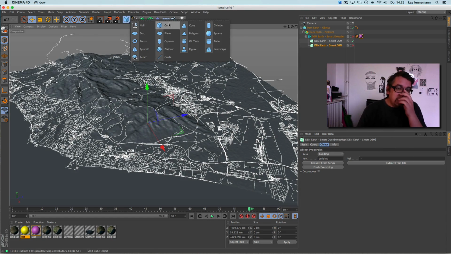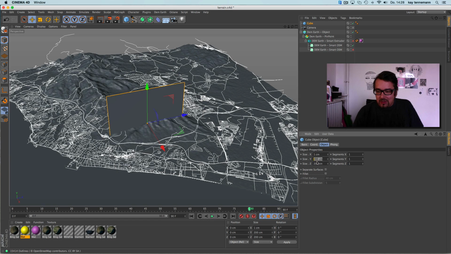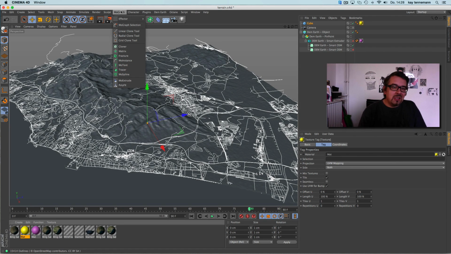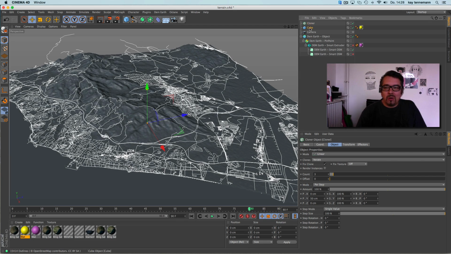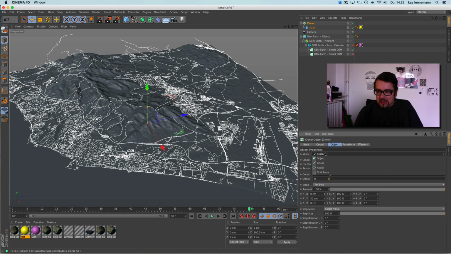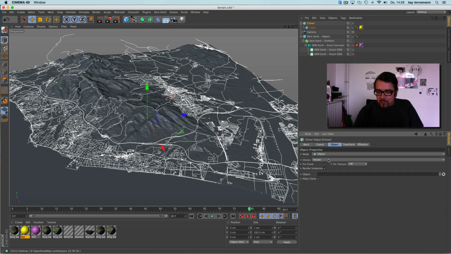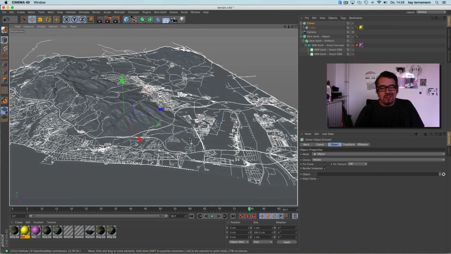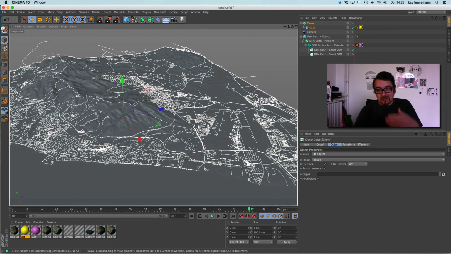Okay, I show. For example, we make a cube, a yellow cube, and a MoGraph cloner object, you know. And now it's very interesting because you can give the cloner an object where it has to place the clones.